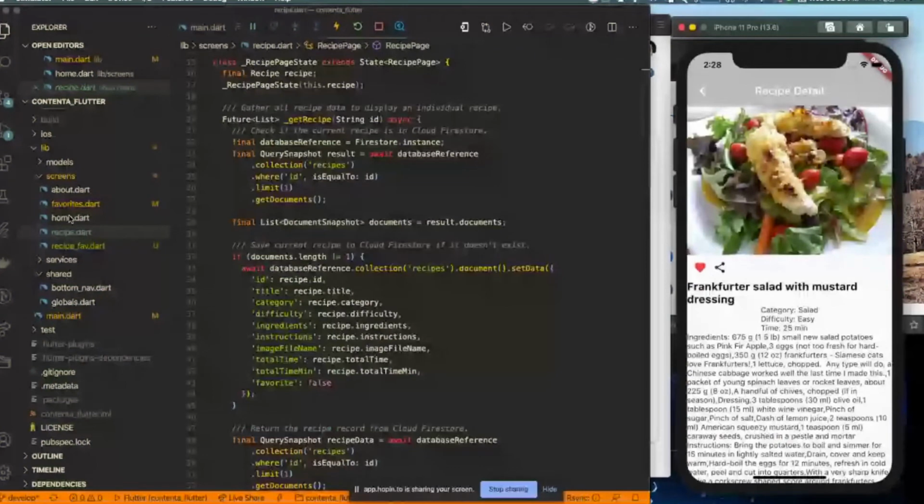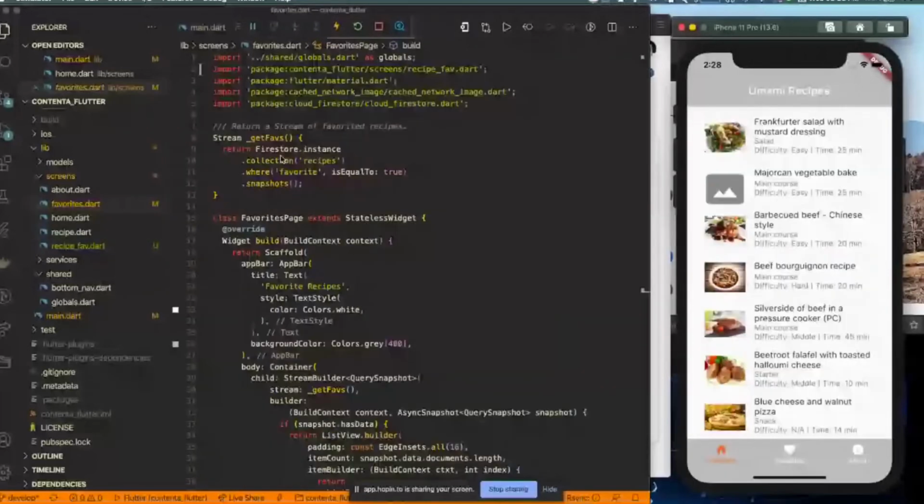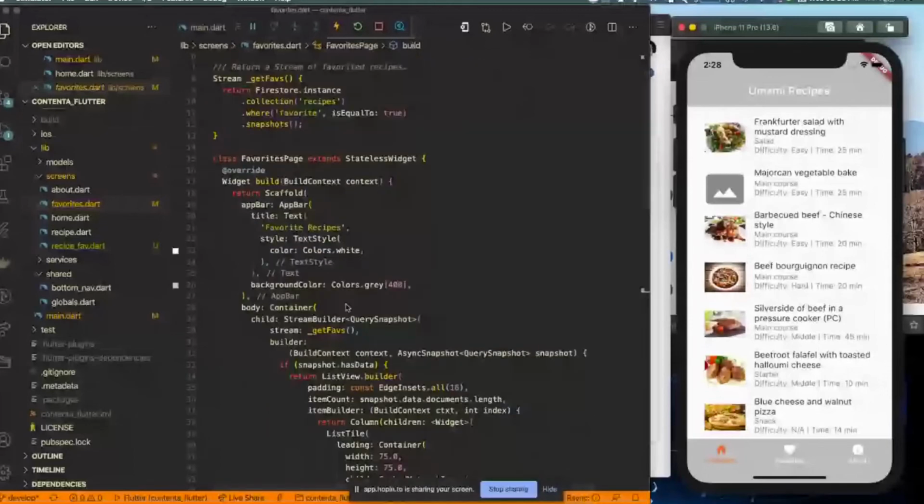We have this real simple stream query, and this stream is built in as a tool that you can use in Dart. So I can just say, hey, give me this Firebase instance, let me subscribe to that stream, and then I'm going to have that available. And that's the magic. That's all I have to do to make sure that when I'm in favorites,